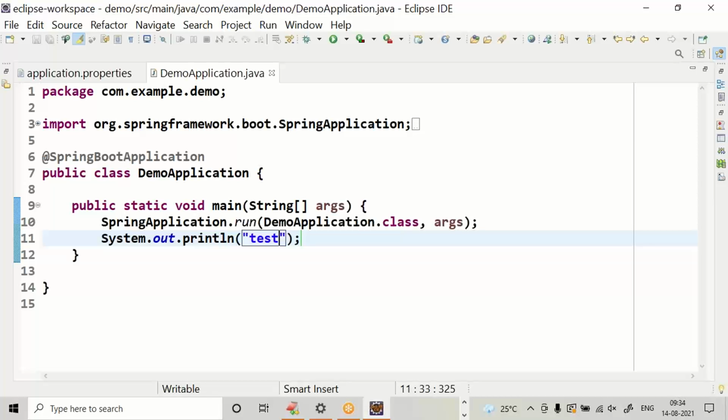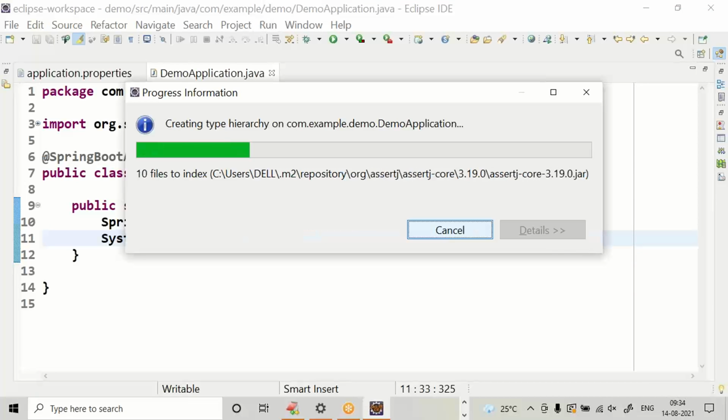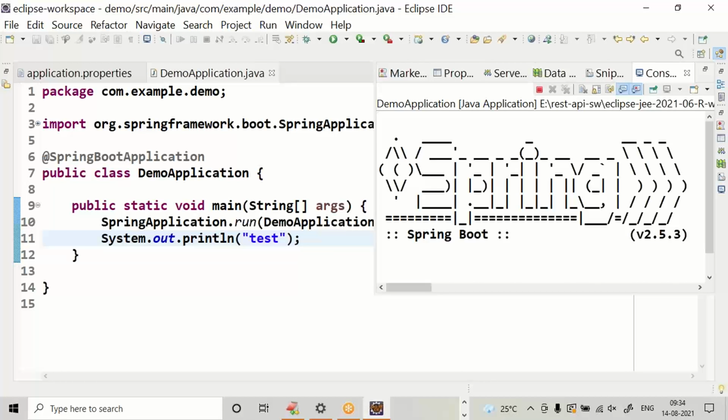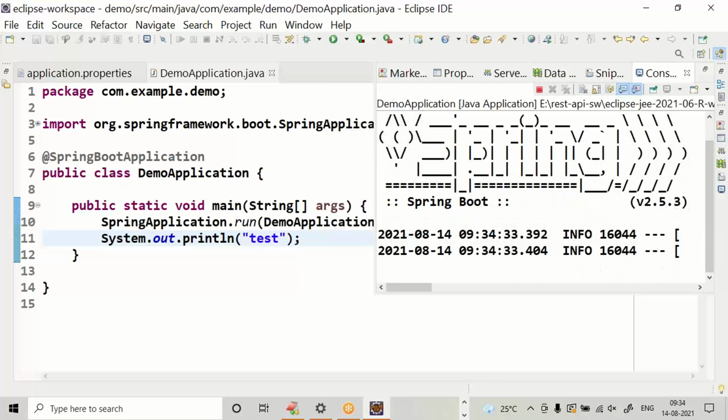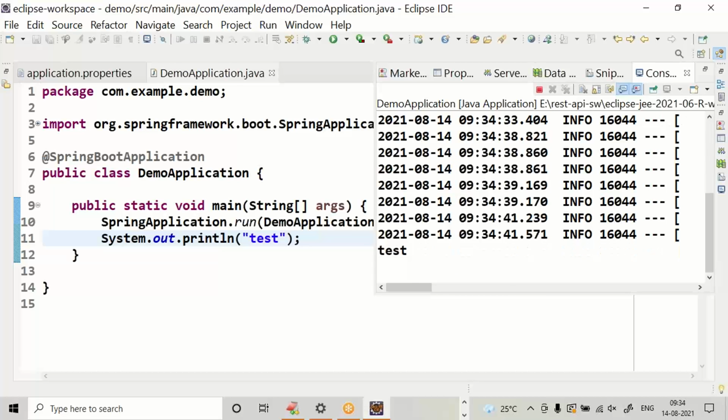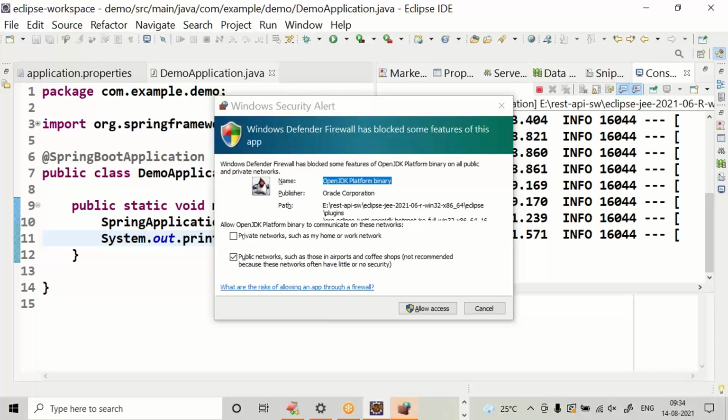Control F11. Through Control F11, we can run the application. The console automatically opens. If you are getting this type of window, always go for allow access.